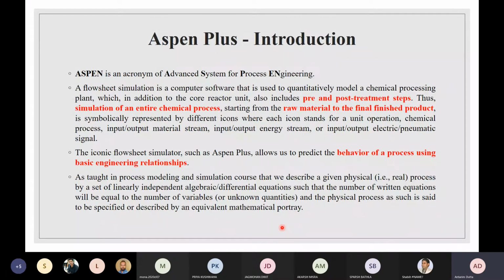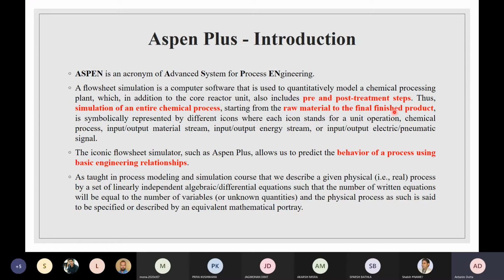What I have written over there is that a flowsheet simulation is computer software that is used to quantitatively model a chemical processing plant, which in addition to the core reactor unit also includes pre- and post-treatment steps. So in case you want to pre-treat your feed, or post-treat whatever final product you have obtained, you can do each and every single thing over here.